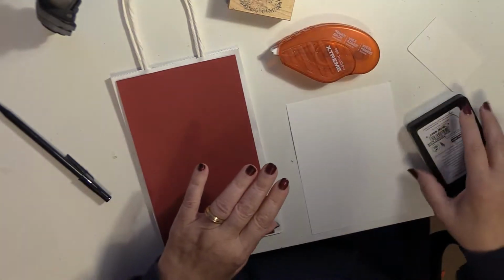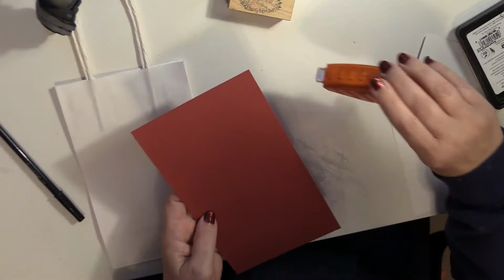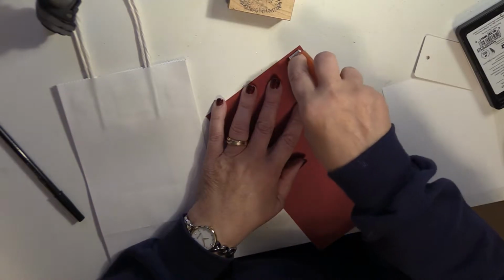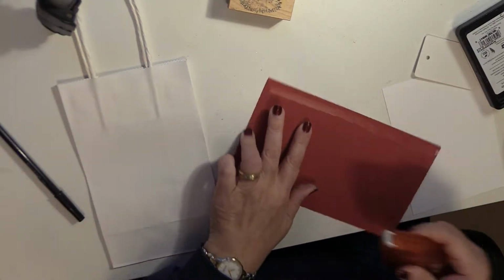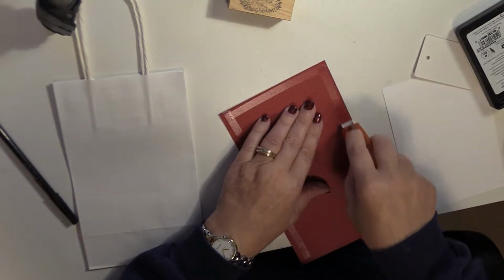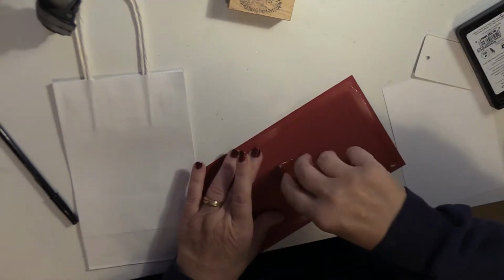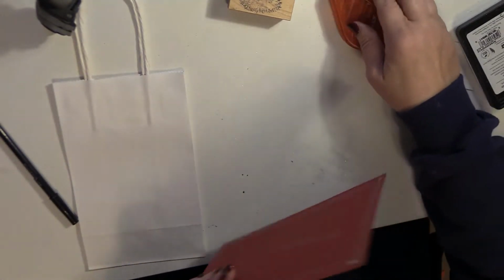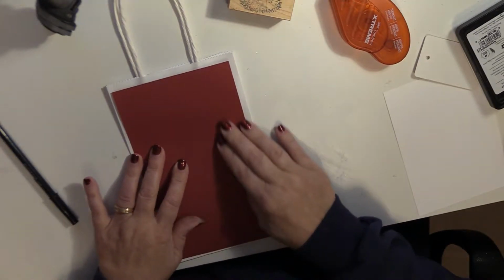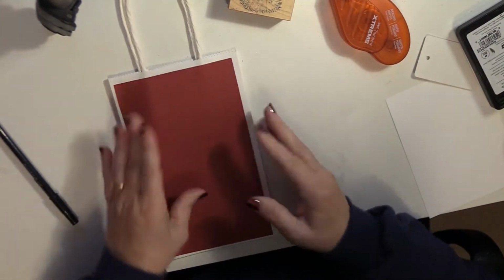Okay, first thing, we want to adhere the red cardstock to the front of the bag. And the Tombow Extreme is about the only adhesive that is strong enough to hold it to all the bumps and ridges that are on the front part of the bag. So this is a must if you're going to be making gift bags. And next, once we've got that affixed in there,